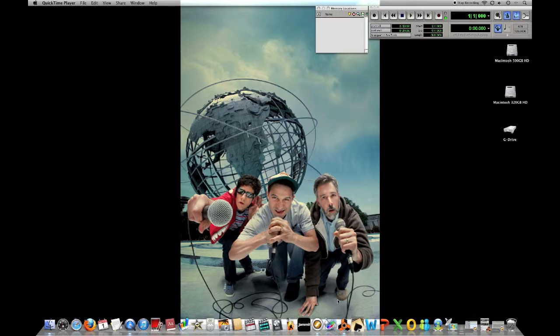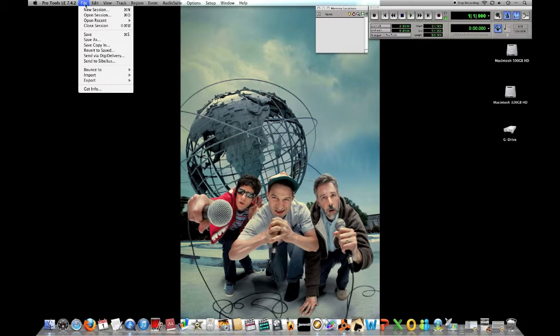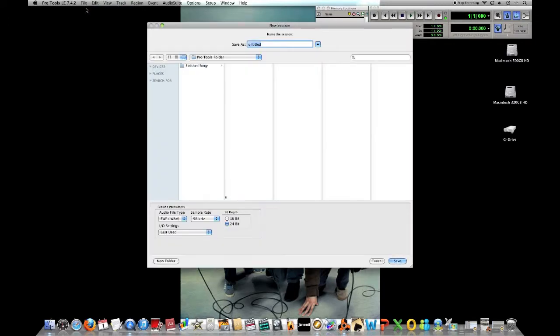Okay, so I'm going to go over how to set up a song template in Pro Tools. This is Pro Tools 7.4, so it's a lot older than what's available right now. But anyhow, to set up a song template, you go to File, New Session, and you should have a